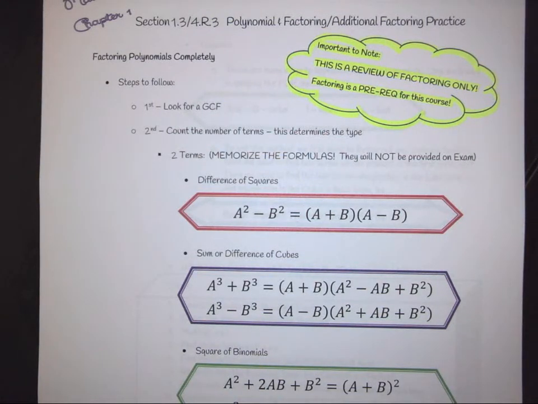Okay, welcome to another fun adventure in math. In this lecture, we are going to take a look specifically at factoring. Now, for those of you that are watching in a college algebra course, factoring is considered to be a prerequisite for the course. So what we're actually going to do in this video is touch base on